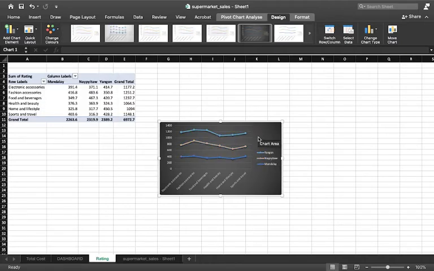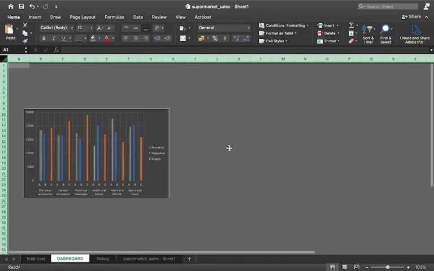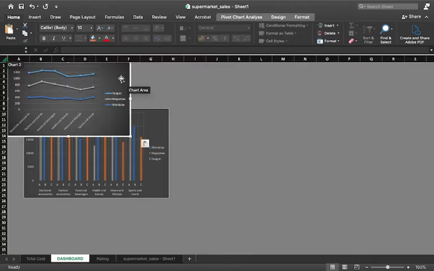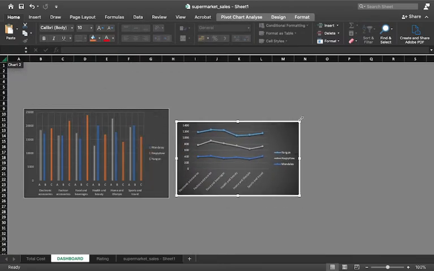So I'll just copy this particular line chart and I'll go back to my dashboard and I'll paste it here. We are going to arrange it in a while. First I'm trying to collate all my data that we have, and after that we'll be creating a good looking dashboard, because the representation of your dashboard really matters. We are creating dashboard so that our work gets easier for us to understand as well as for anyone to understand. So your dashboard should be, if anyone comes and sees your dashboard, it should be very much self-explanatory.